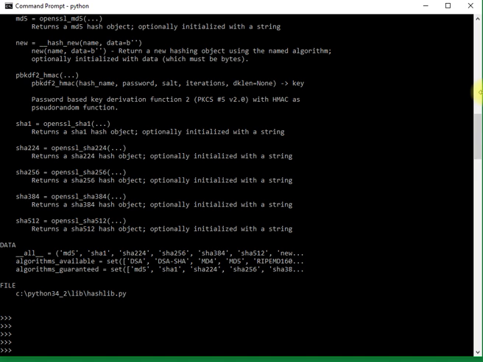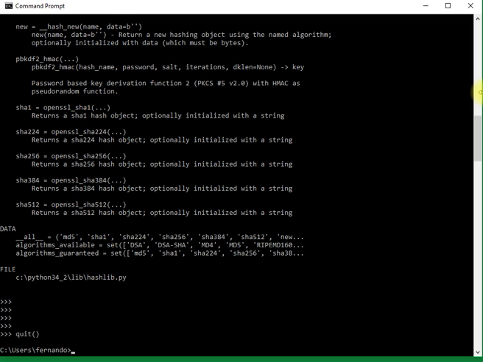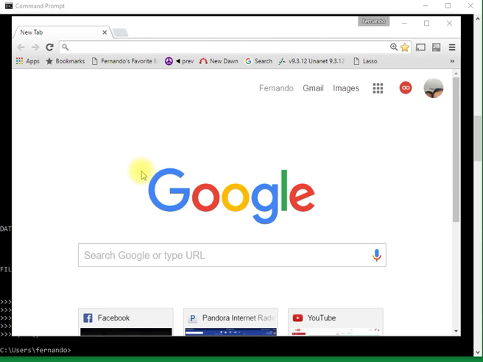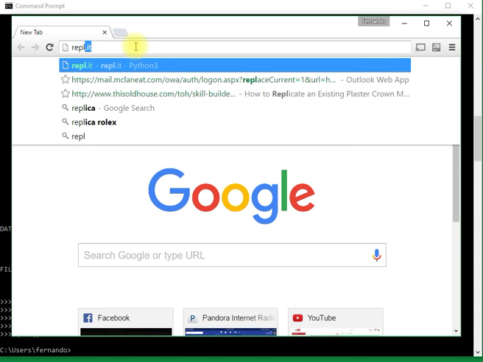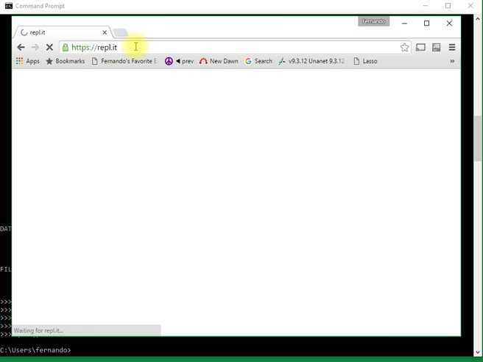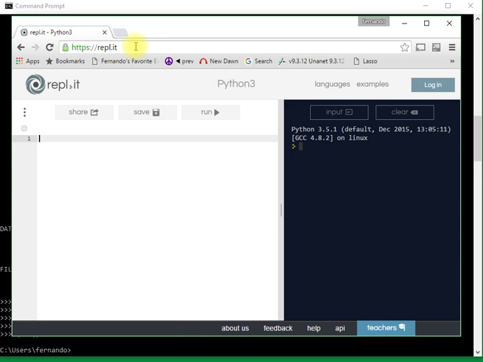But sometimes maybe you're on someone else's computer and you don't want to install Python, but you still want to play around with Python. So what do you do? I will show you. You go to a website called REPL.it. So you go to REPL.it, and now REPL.it is your online REPL, and not only is it a REPL, but